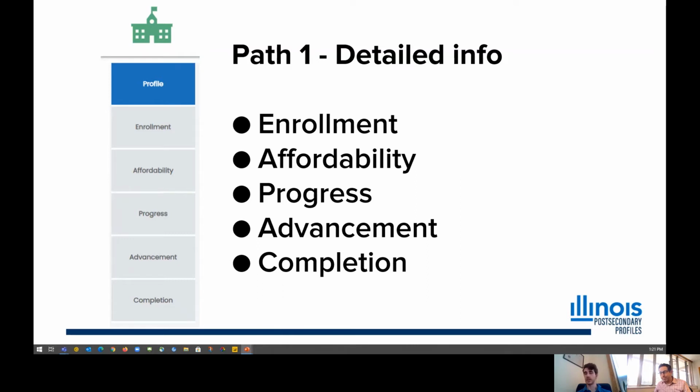You have advancement. This is focused on 2-year community colleges. But, are these students, once they enroll, are they transferring out? Are they completing within 2 years, within 4 years? Or are they no longer enrolled? Having that information is quite helpful, starting at the 2-year level to follow some of these cohorts and get a better handle on how they're advancing through the college. And then lastly, completion. So how many students are completing and in what program areas and program types.